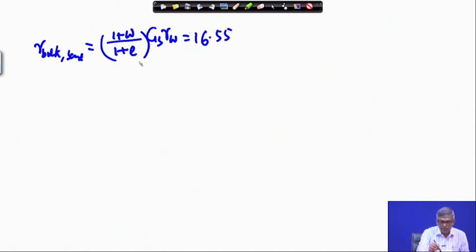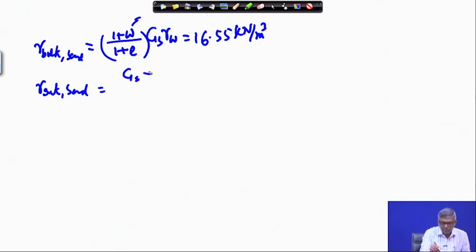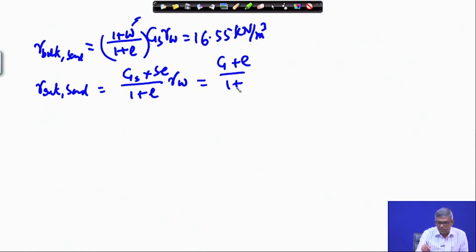E value is given and water content is given. So, if I put all those, the unit is also important, 16 kilonewton per meter cube. And then gamma saturated sand, that is actually we can say G S plus S into E, divided by 1 plus E, times gamma W is the formula. In this, if I put S equal to 1, then it will be G plus E by 1 plus E gamma W, and that will give you